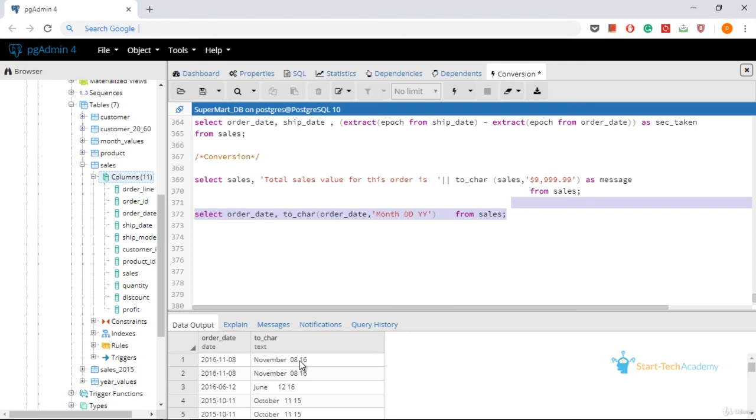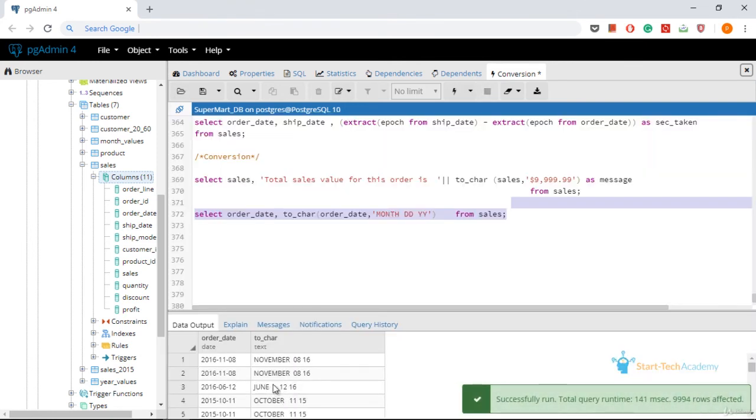So you can play around with this. So if you change the case of this month also, if you write month in uppercase, the whole month will be written in uppercase. Let us run this. So you can see November will be written in uppercase.